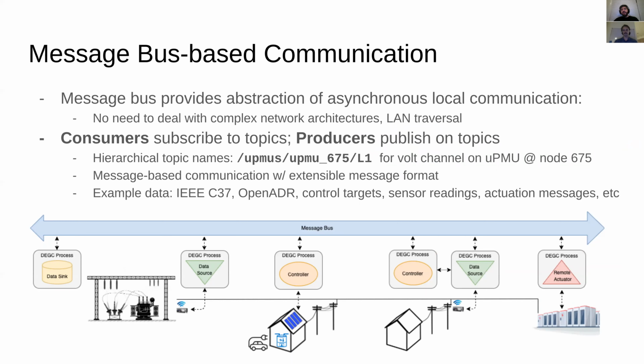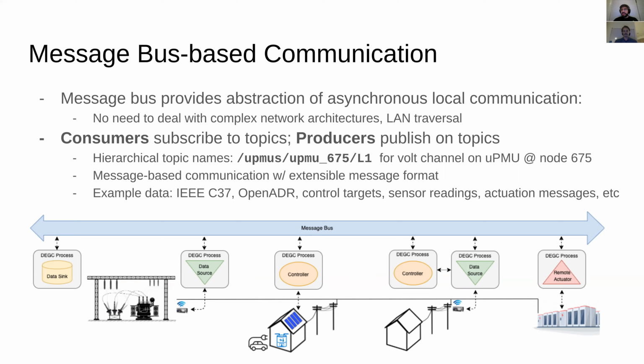And so now digging into how the process interacts with message bus-based communication. A message bus, or publish-subscribe based communication, essentially provides the abstraction of asynchronous local communication. What this means is we don't need to deal with exchanging IP addresses and ports. We don't need to deal with opening up your firewall to make sure that someone can get something through. Instead of having to know where on the network a data source or a controller is, you can just interact with that transparently through a topic, which is